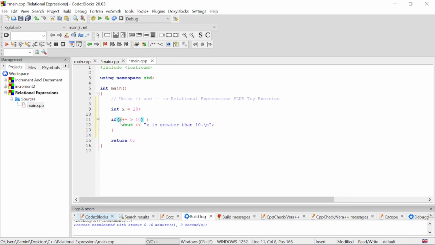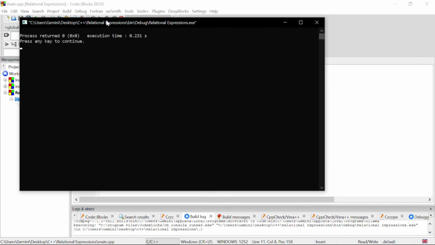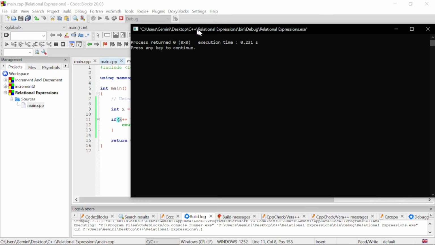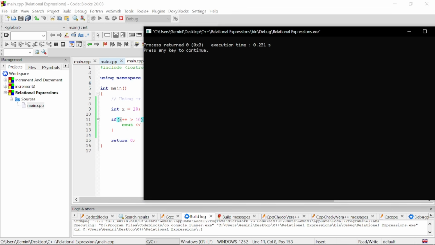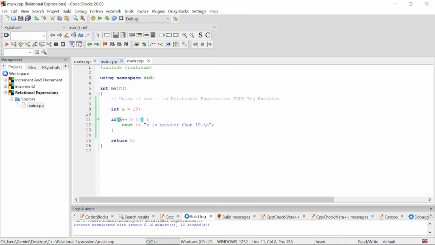So we are going to have 10, is 10 greater than 10, which is no. So we should not see any output because we do not have an else statement here. So let's run this and see what we are going to get as our output. So we don't expect to see anything because this is 10 and 10 is not greater than 10, so we can't output anything here. So let's close the program and then do